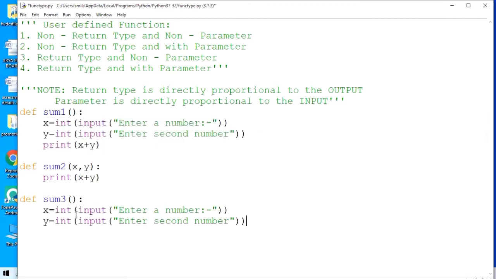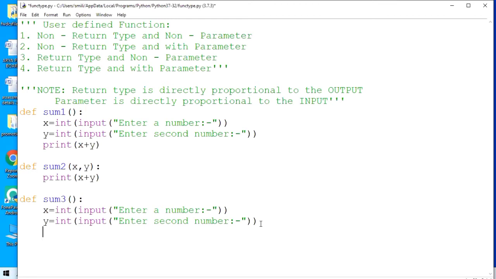I will ask that here. Third type is return type. When you are discussing parameter, think about input. And when we are discussing return type, think about output.